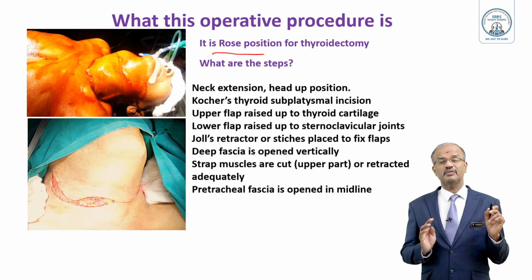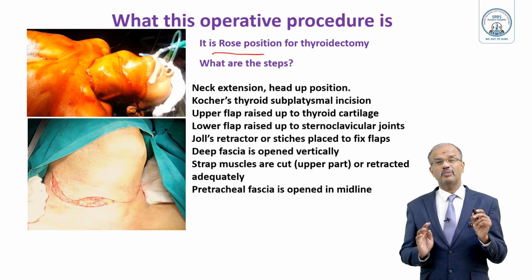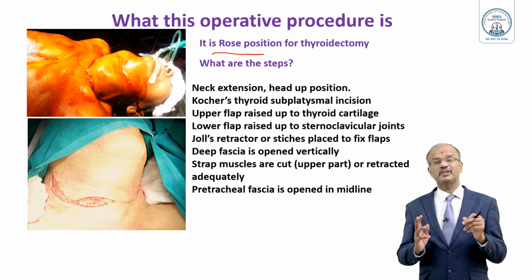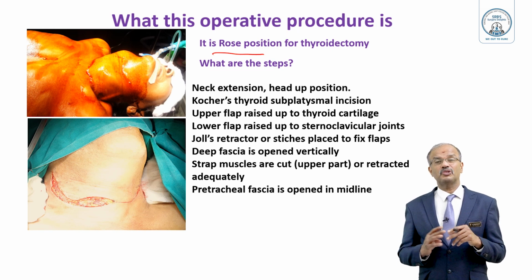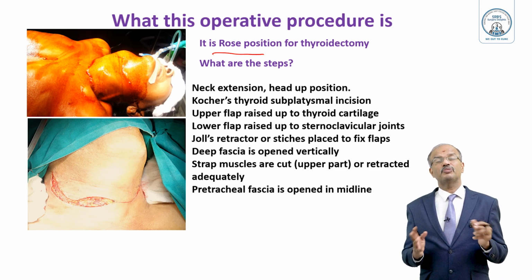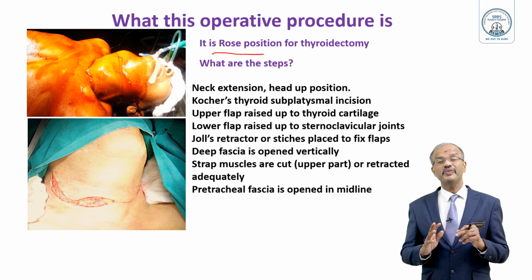Initial evaluation with vocal cord assessment using indirect laryngoscopy or video laryngoscopy, you can see and assess properly. Stroboscopy also can be used, and serum calcium level should be estimated. T3, T4, TSH, FNA, everything should be assessed properly, and cardiac assessment should be done. And under GA, with the head up position 5 to 10 degrees to reduce venous congestion and bleeding, and neck